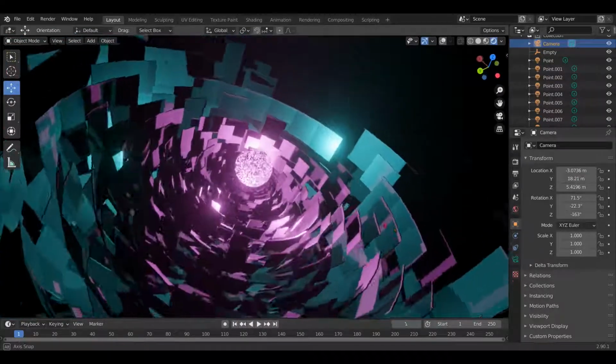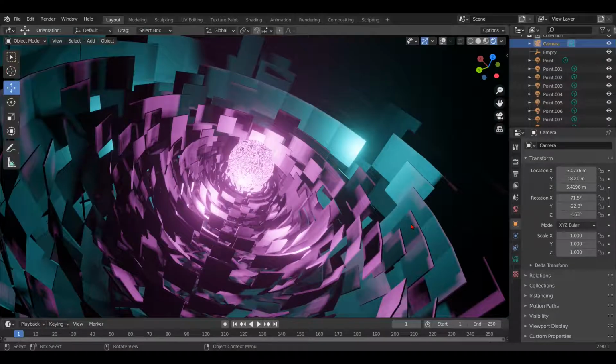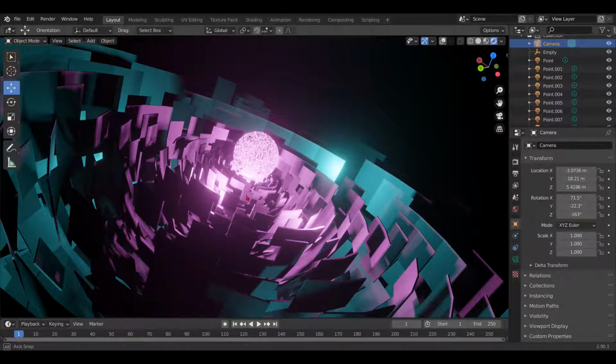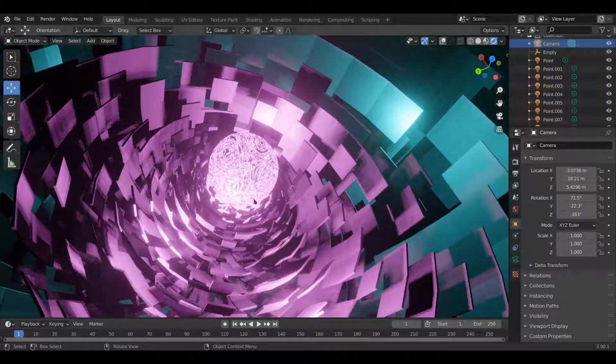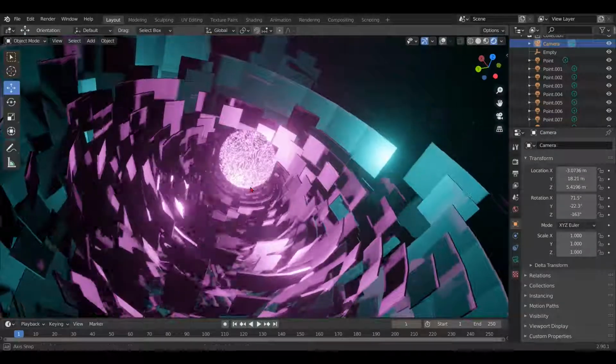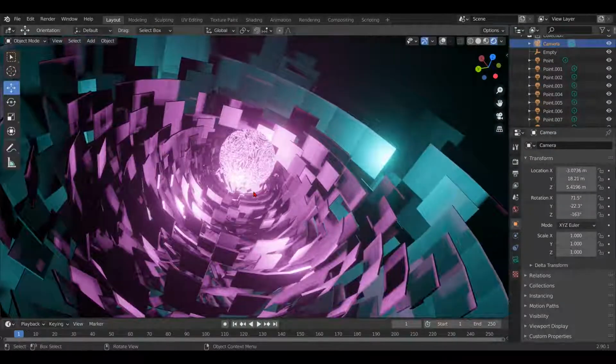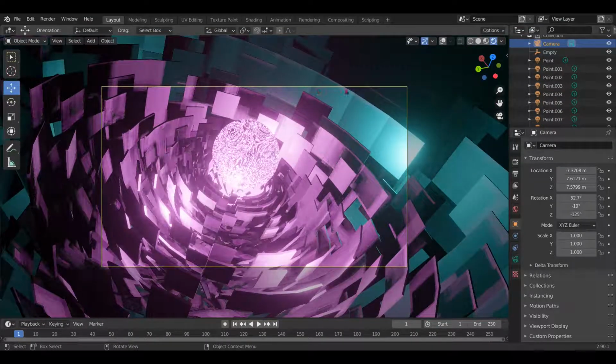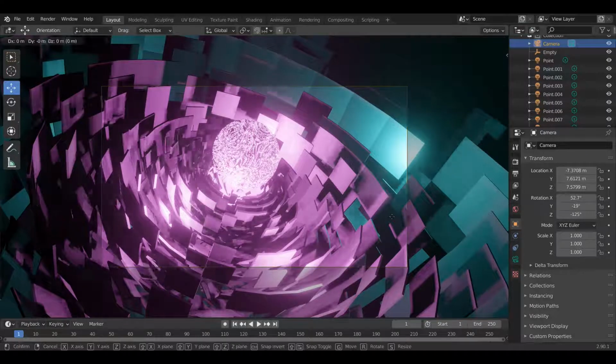So always check without camera view which angle looks good. And if you like some angle without camera view, then to adjust the camera to that view, you have to press Ctrl Alt 0. You will see your camera will adjust to that angle automatically.